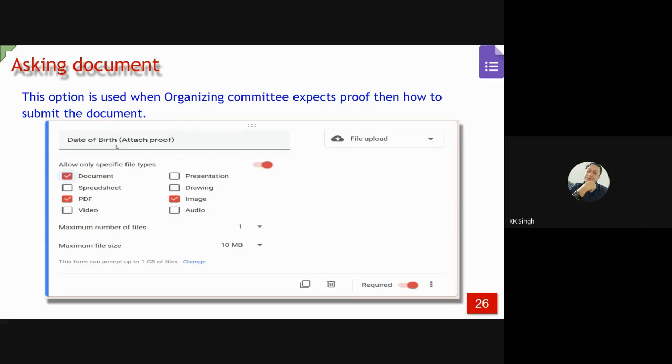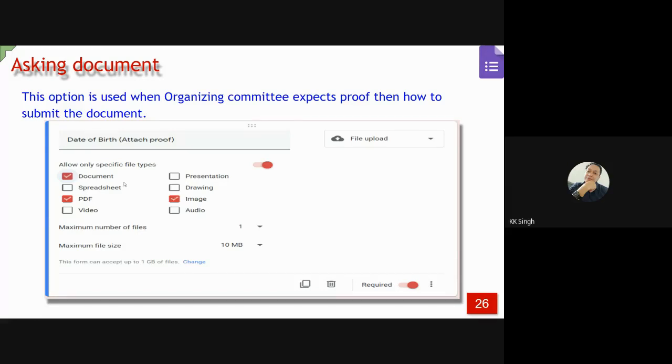So how to take the necessary documents from the children? We should use this kind of option. If I want the date of birth certificate, the authenticated proof, we can have the file upload in this regard, and it could be in document form, PDF form, image form, drawing form, presentation form, whatever form the system expects.